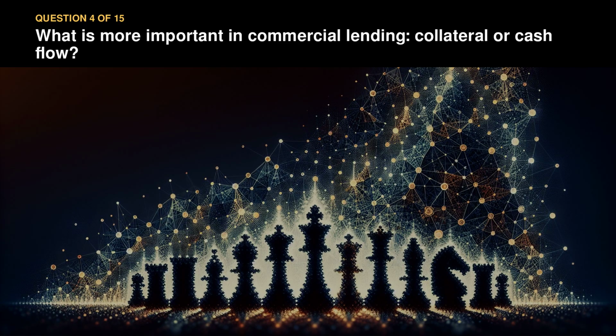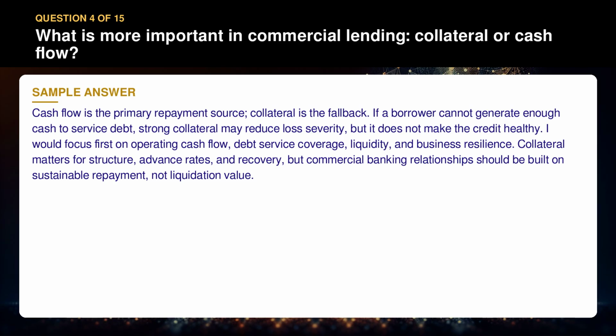Question 4. What is more important in commercial lending, collateral or cash flow? Cash flow is the primary repayment source. Collateral is the fallback. If a borrower cannot generate enough cash to service debt, strong collateral may reduce loss severity, but it does not make the credit healthy. I would focus first on operating cash flow, debt service coverage, liquidity, and business resilience. Collateral matters for structure, advance rates, and recovery, but commercial banking relationships should be built on sustainable repayment, not liquidation